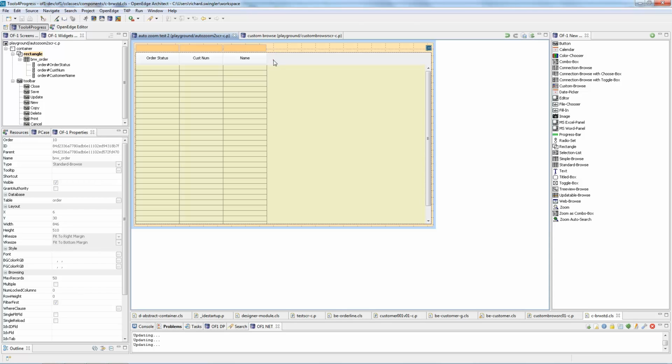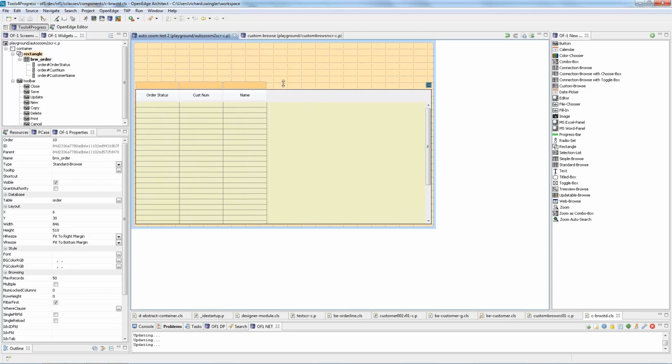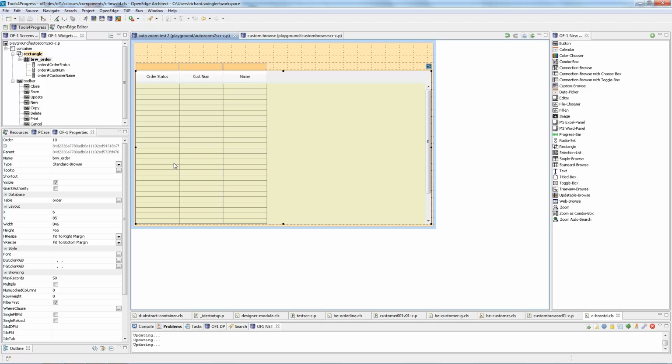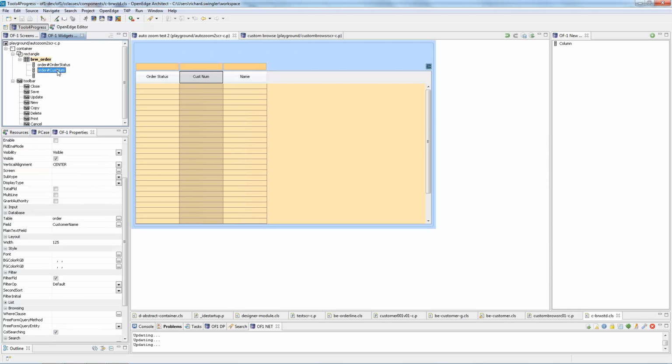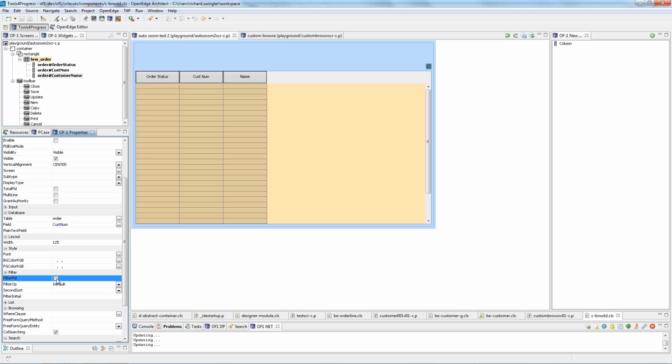Now I'm just going to resize the table a little bit, just to allow some space for my auto zoom box. I'm also going to select each of the columns and take away the filter so that these orange boxes at the top disappear. Okay, so now that this is done,